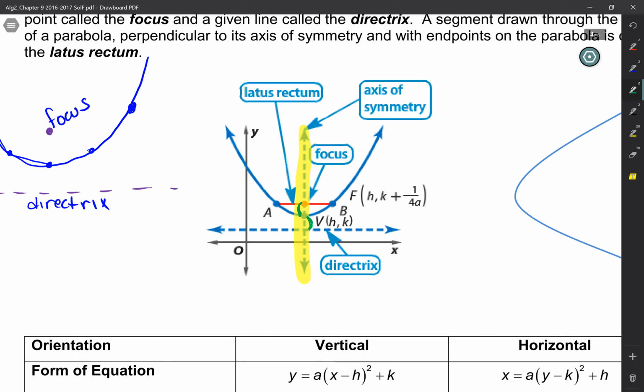So another way to say that is, if I'm standing on the vertex, all right, and if I walked 2 units up to the focus, then from the vertex, it's 2 units down to the directrix, okay? All right, so if I move from the vertex, if I have to move 10 steps down to the directrix, then how do I go from here to the focus? The same 10 steps up, okay? So it's the same distance from the vertex if I go to the focus or the directrix, okay? So